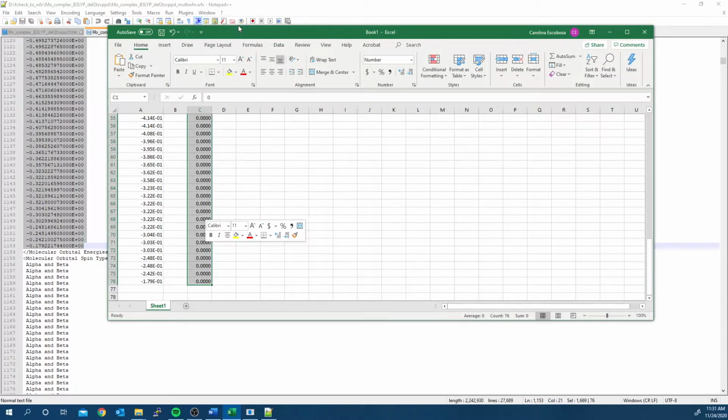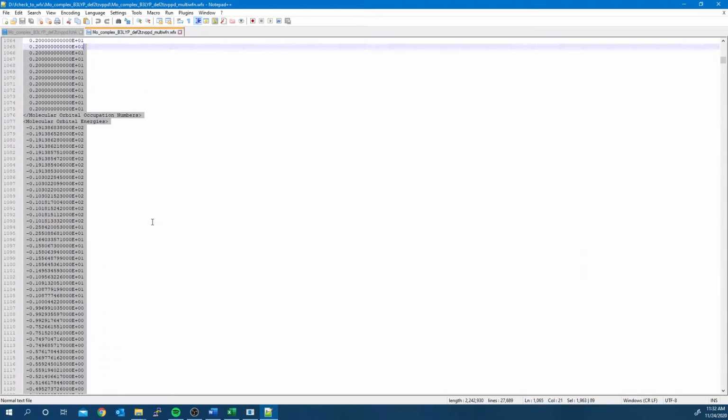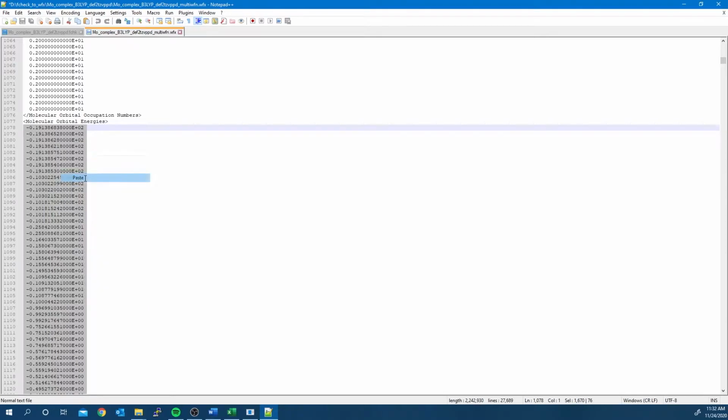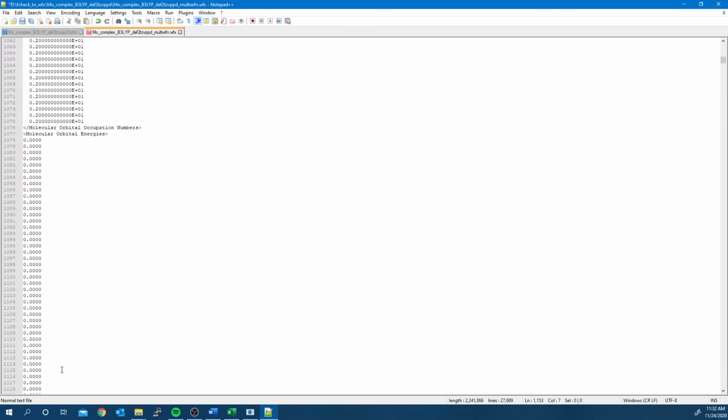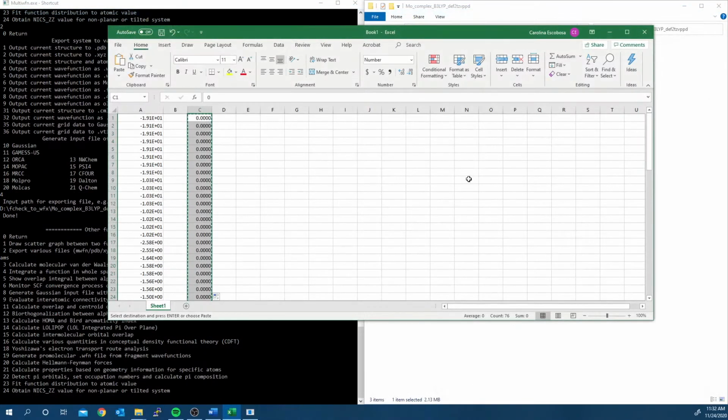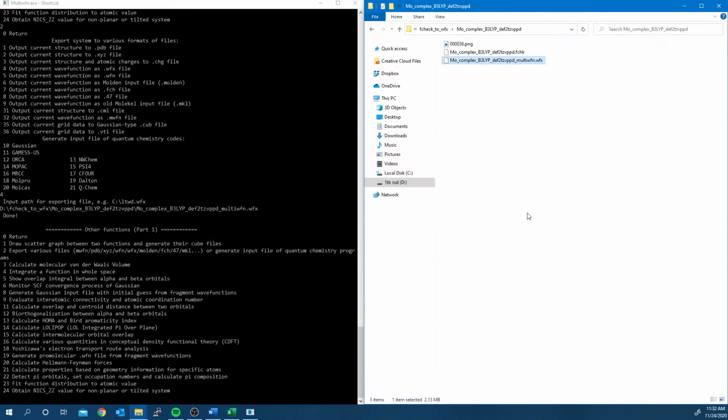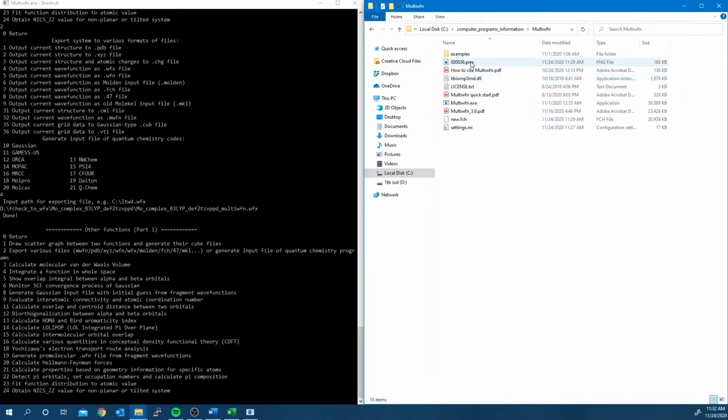Copy them to the original file and save them. If we skip this step, ChargeMol will look for those energies, and since they do not correspond to the localized orbitals, this will produce inaccurate results, unless they are set to zeros. Lastly, move the picture, if you saved one, to the folder where you are keeping the example.